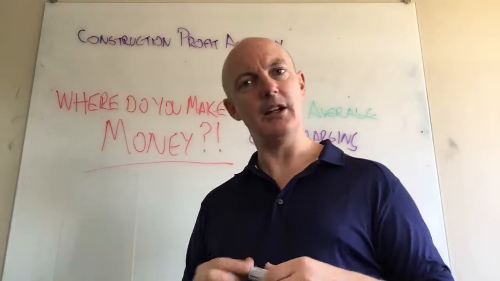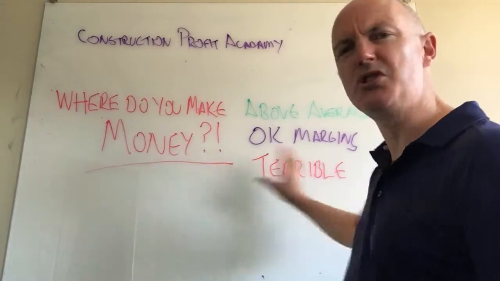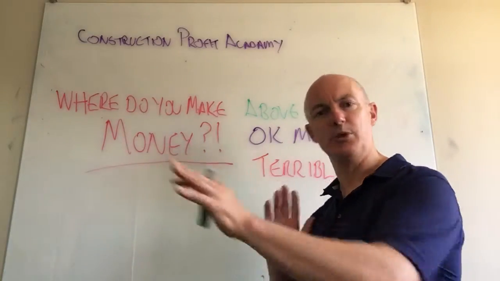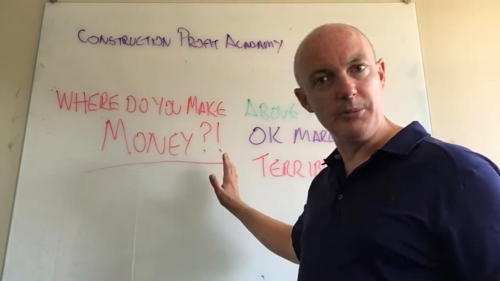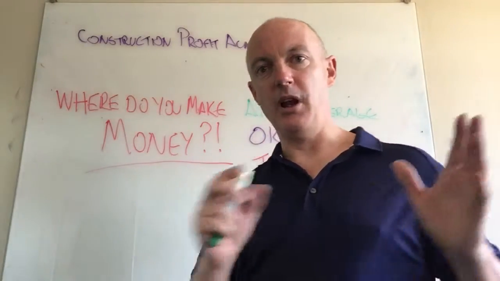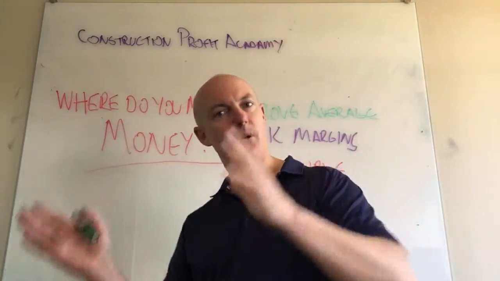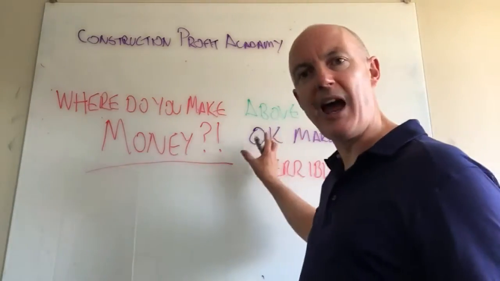So what we did is we analysed and looked at it and said, what would that business look like if we got rid of the terrible work? We just stopped doing that. We shut down their training shop and we shut down their fab shop, and we basically just focused on looking at the profitable work, and that business would have gone from a loss of 4 to 5 million to a profit of 3 to 4 million, just by stopping what it was losing money on, just by having a clear